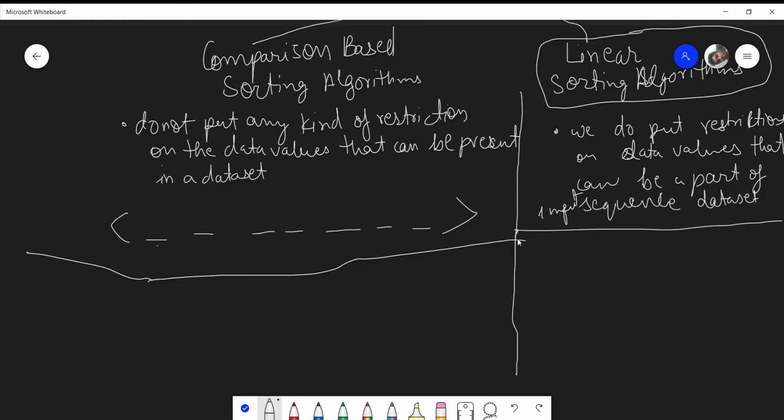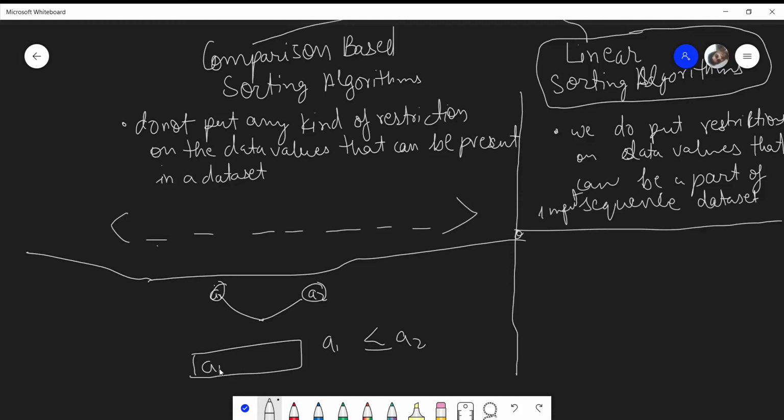In comparison based algorithms, I would say, we extract any information by comparing two numbers. So let's say if I have A1 and A2, then in my final list, A1 should come before A2 only in the case A1 is less than or equal to A2, right?